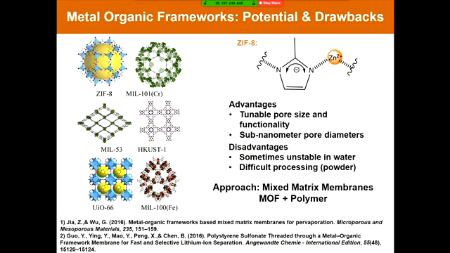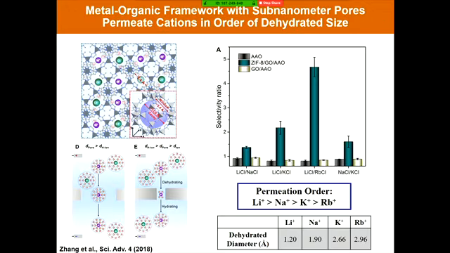We're looking together with researchers at CSIRO and Monash about using so-called mixed matrix membranes, that is, optimizing the metal organic framework and then using a polymer as a scaffold to present that material to a feed stream in a membrane. And what's been discovered recently is that there are certain classes of these metal organic frameworks that have just the right cavity size and interactions with ions that they actually will separate monovalent ions.